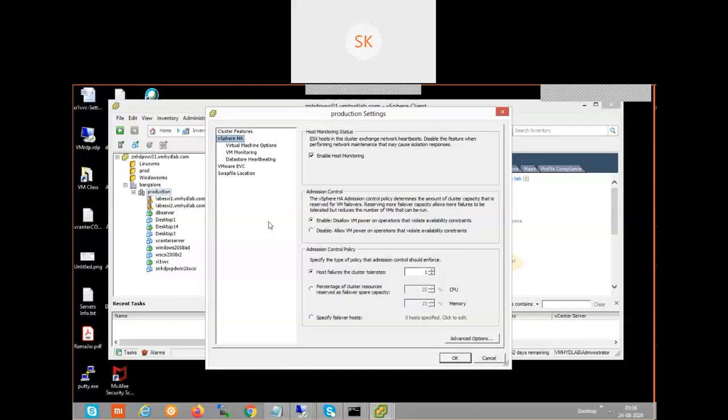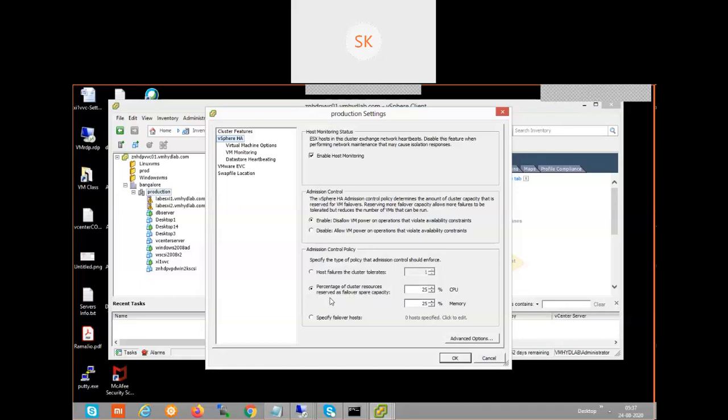If the resources are not available, if it is not maintaining this particular admission control, it will say that sufficient resources are not available to power on. Earlier, without configuring HA, there were plenty of resources available. Each ESXi host has 100%, so I can power on multiple VMs. As soon as I configure HA, the resource availability is reduced from 100 to 50%. This is host failures to tolerate, purpose 1. The second option is percentage of resources. I can choose this percentage of resources.